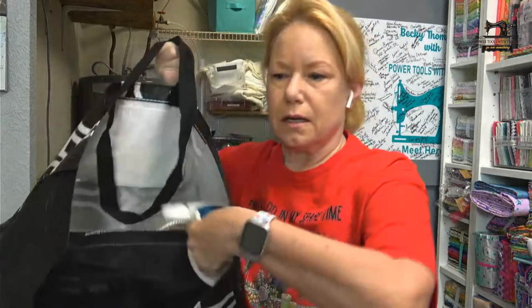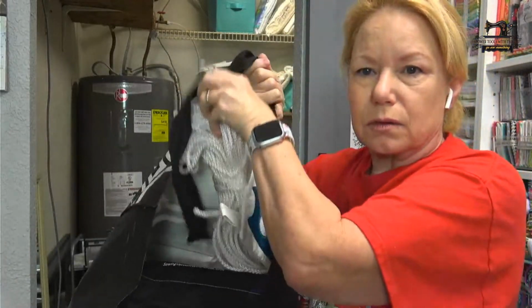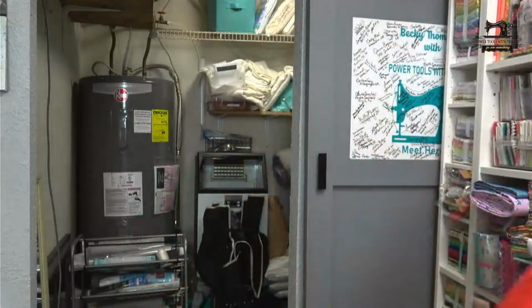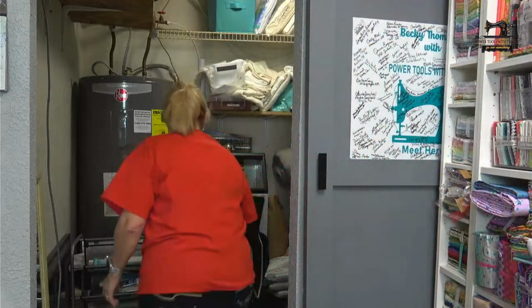This is cord to hang quilts and clips to hang quilts. So this is all Quilt Walk stuff. This will get used again at the next one we go to. Okay. Now, this is a,